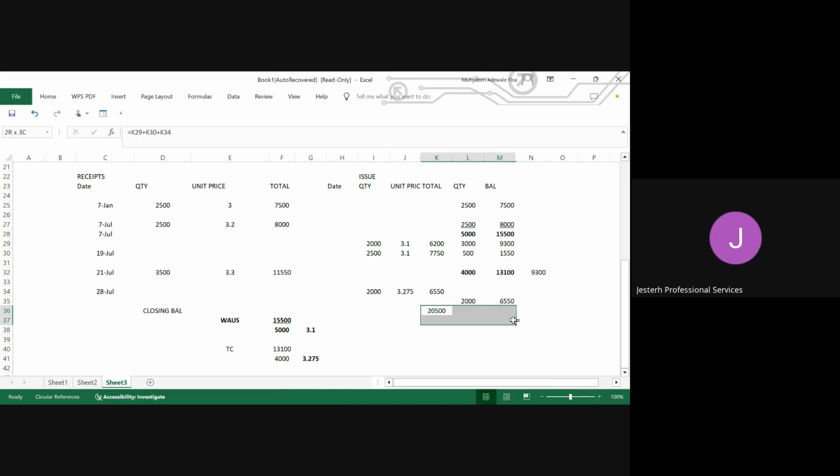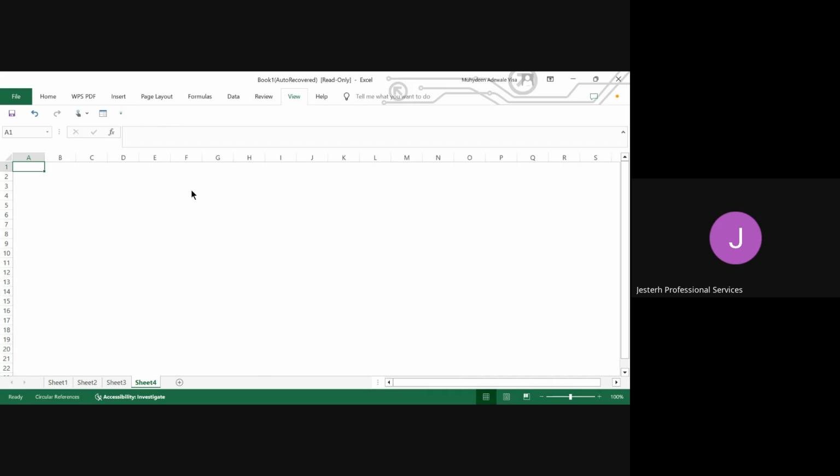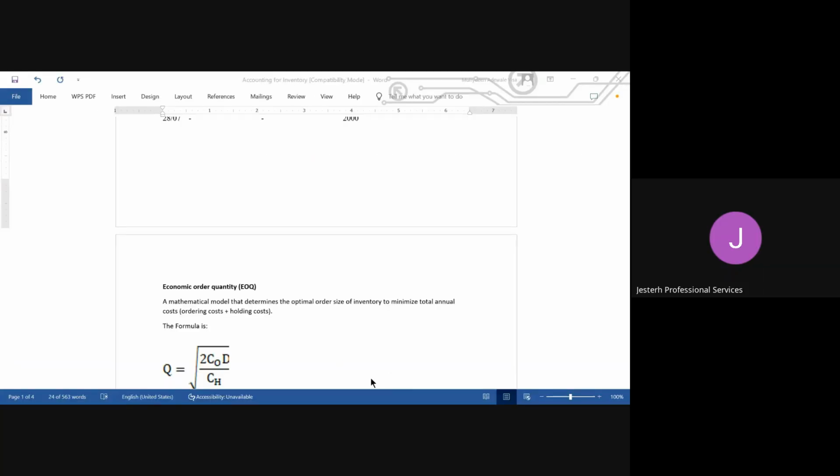Now, any question before we move to the economy order quantity? Any question on this? So if we do not have any question, then we'll move to the next method. So okay, let me reshare my screen then, because this one we still have like 2 calculations to do. That is why I'm trying to be fast so that we can both be on the same page.